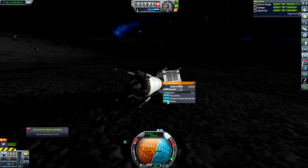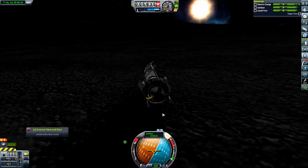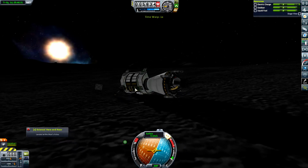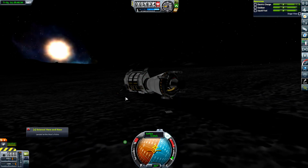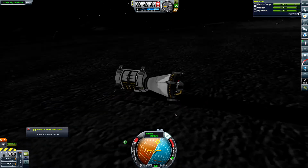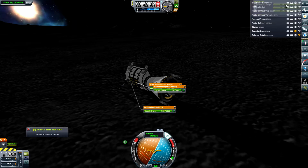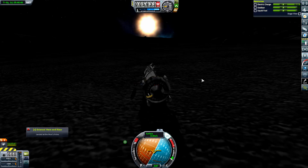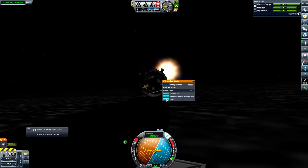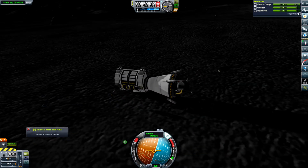No, I only want to retract the one leg. Why are you retracting all the legs? Oh, we've broken the solar panels. This is a failure, because I didn't put reaction wheels on it. Oh dear. We're now going to drain the power out, and everything's going wrong. Not sure why all the legs are opening when I'm telling it to do that. I didn't want them all to open. I just want the one or...